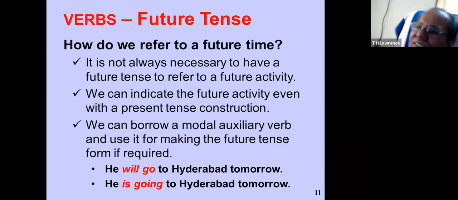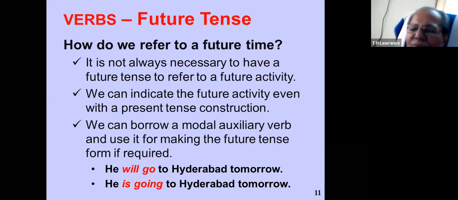But if you take the corresponding English word here, eat, you will find eat or eats in the present, ate in the past, which is the third form. It doesn't have a future form. So what we do, we take will. So say, I eat, I will eat. This is why we say English verbs have only two tense forms. And we make a future tense with the help of a modal, for which we usually take will.